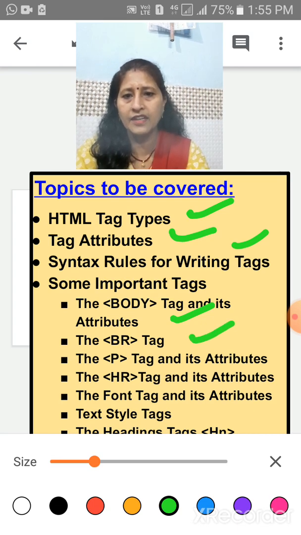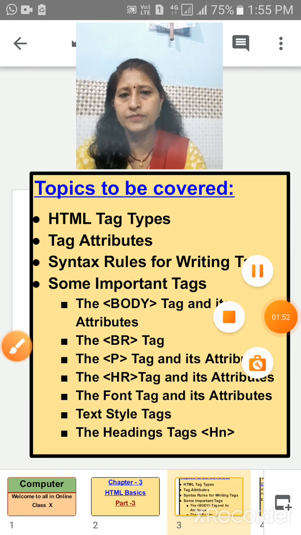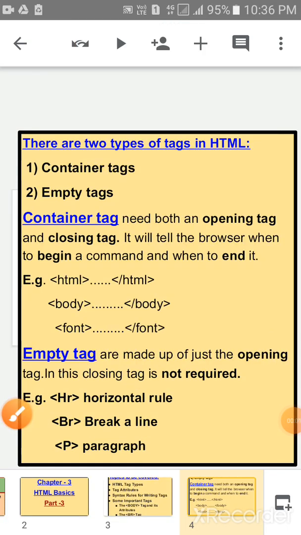Next, BR tag, and then P tag and its attribute. Next is HR tag and its attribute. Next, font tag and its attribute. Then text style tag. Lastly, the heading tags. Clear? Okay, children?